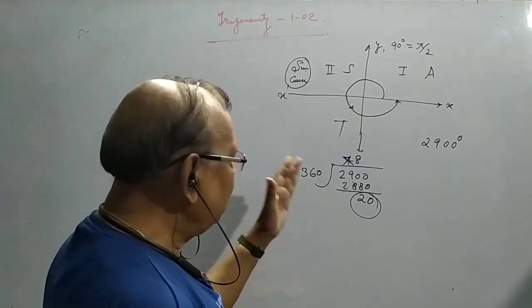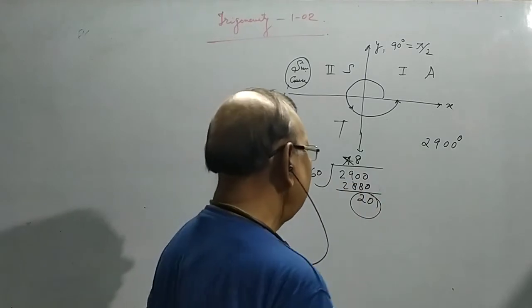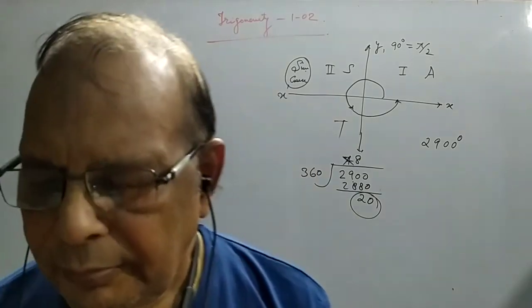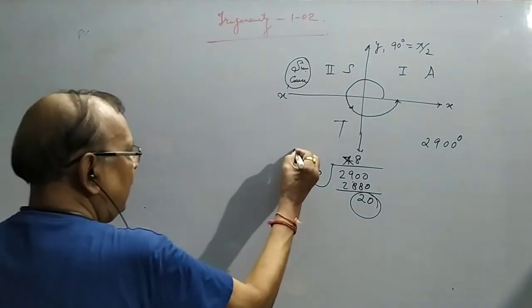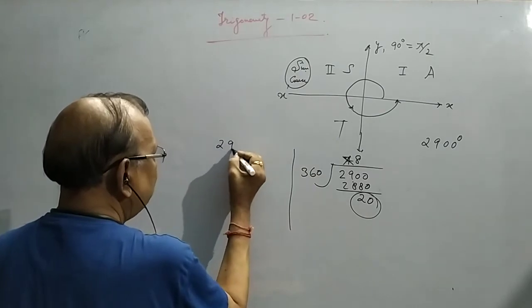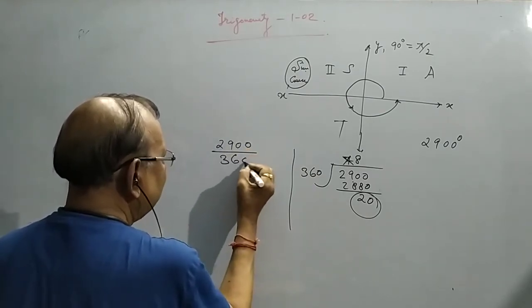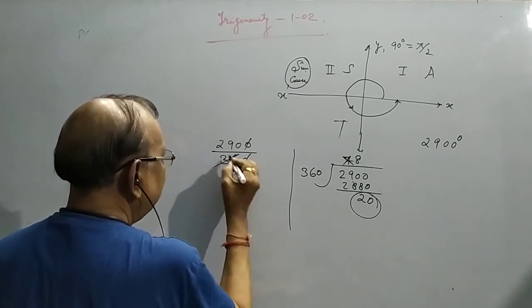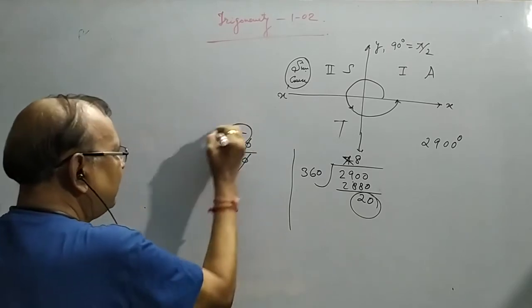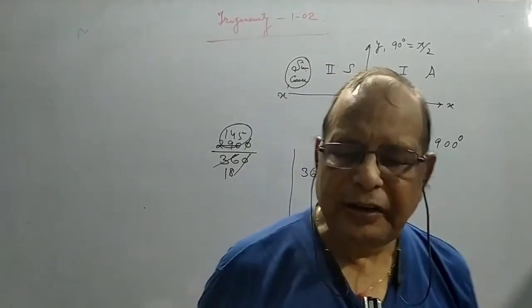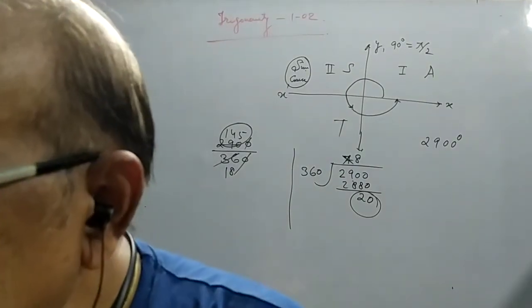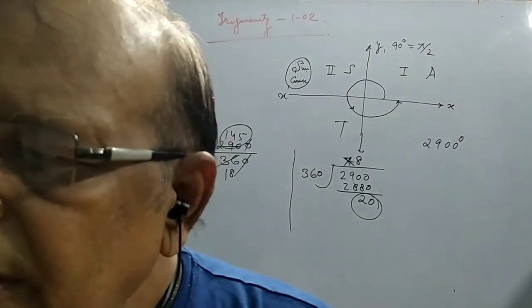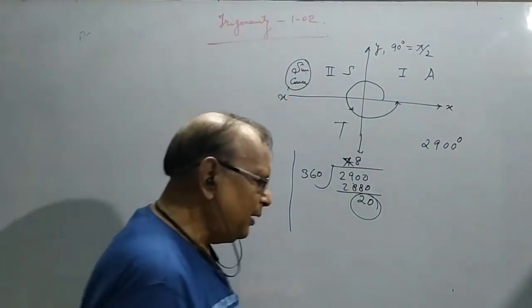You are not required to simplify first. You have to divide by 360 to the angle. That means I am telling you, suppose 2900. If you simplify like this and 2 divided by 18, that will be the remainder in fractions. So that is not to be done. You have to simply divide by 360 as we have to observe how many turns this angle is on or what is the remaining. Quotient is meaningless.